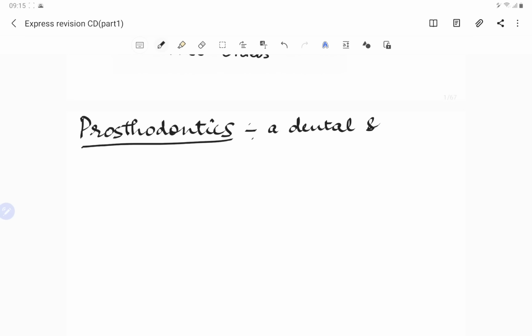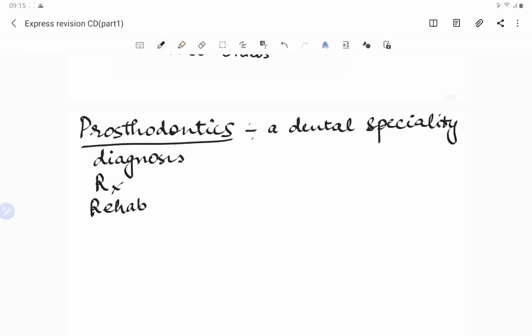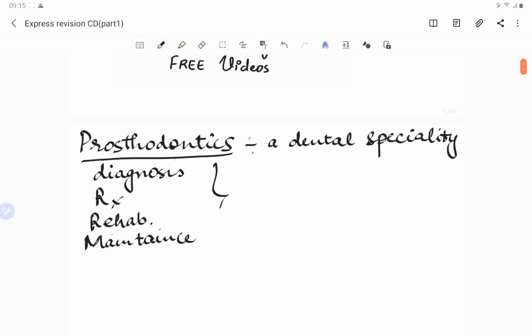This specialty covers the diagnosis. First of all, you diagnose the patient, then you treat the patient, then there is rehabilitation. That is, in the prostho we are going to restore, right? So rehabilitation and then the maintenance. So we are going to do the diagnosis, the treatment planning, the rehabilitation and the maintenance of oral function,